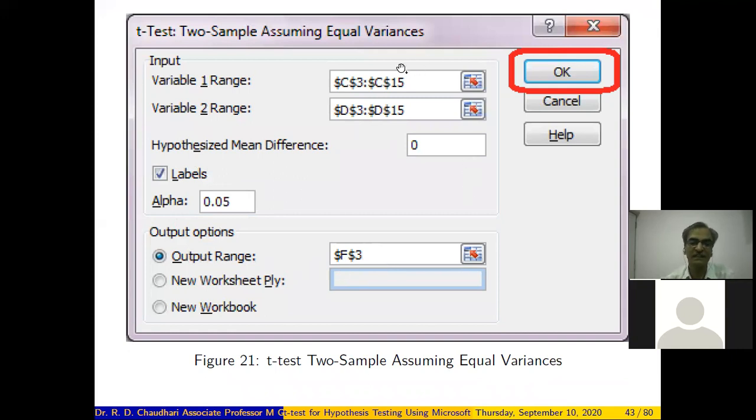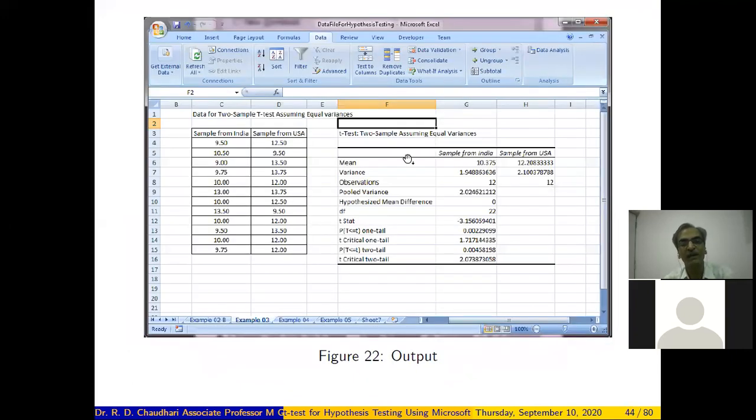After selecting all these things, just click on the OK button. It will paste the output in that range. So this is the output of the t-test, two sample assuming equal variances.